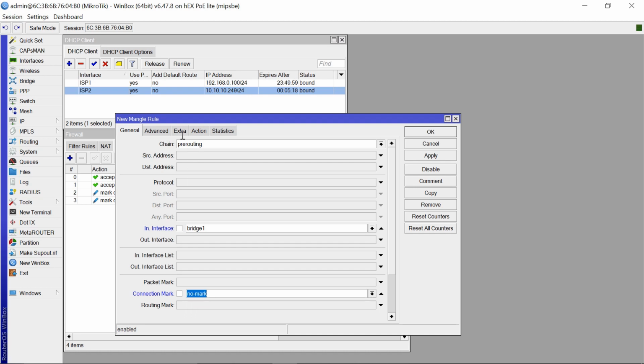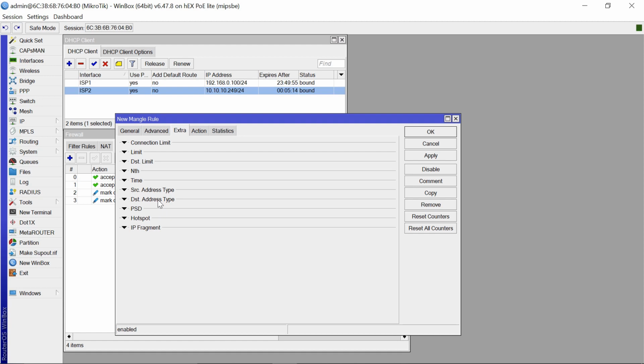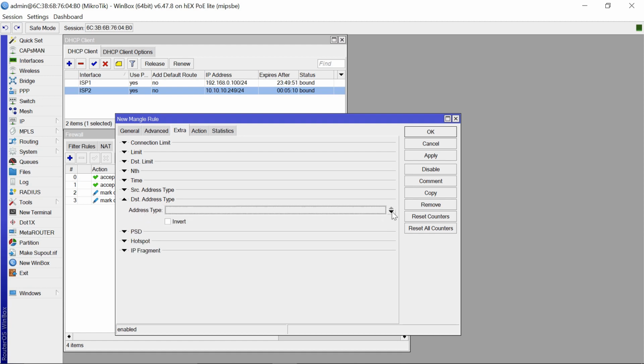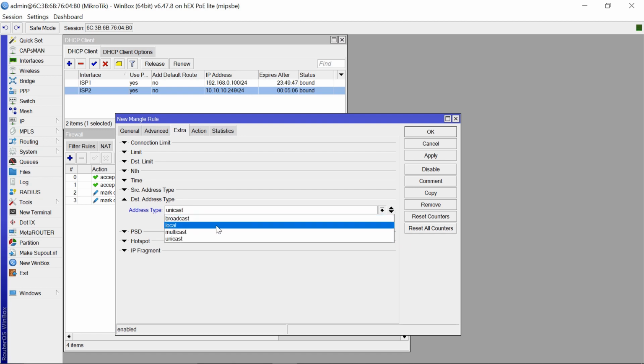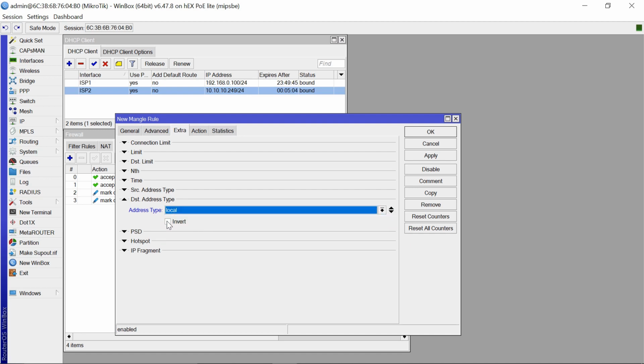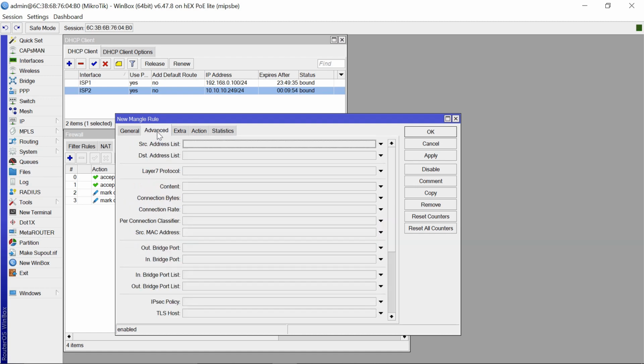And then we are going to come to extra, and here we are going to pick the destination address type. This is going to be local, and make sure that you check on this right here, invert,